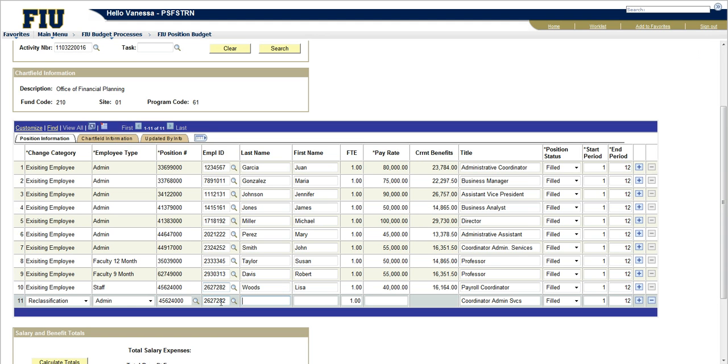If the position is unfilled, leave the Employee ID field blank. Enter the existing employee's name in the last name and first name fields. If the position is unfilled, enter unfilled in the last name field and leave the first name field blank. Enter the position FTE in the FTE field, since a reclassification will result in an incremental FTE for this employee